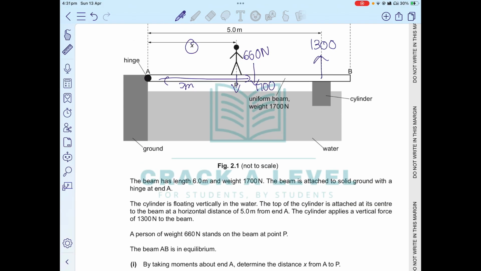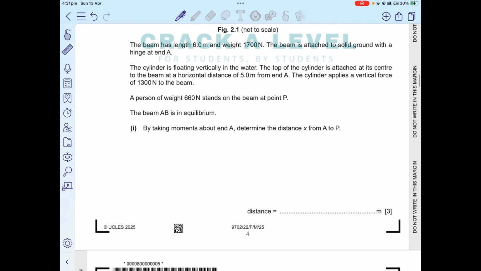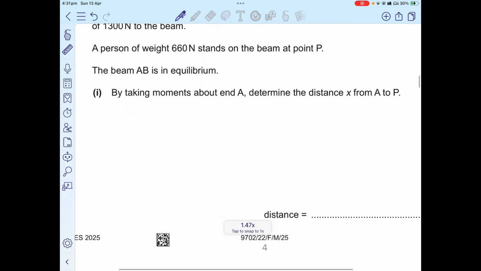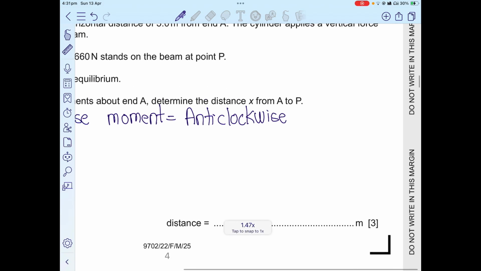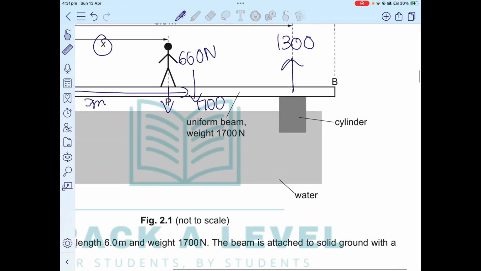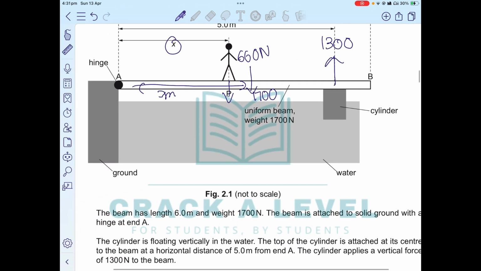Now, first of all, we know that the clockwise moment is equal to the anti-clockwise moment. So that is something to write. Clockwise moment is equal to the anti-clockwise moment. They both are equal to each other. So once I know that, I need to figure out which of my forces are applying a clockwise moment. Obviously, the weight of the person and the weight of the rod both are clockwise, whereas 1300 newtons